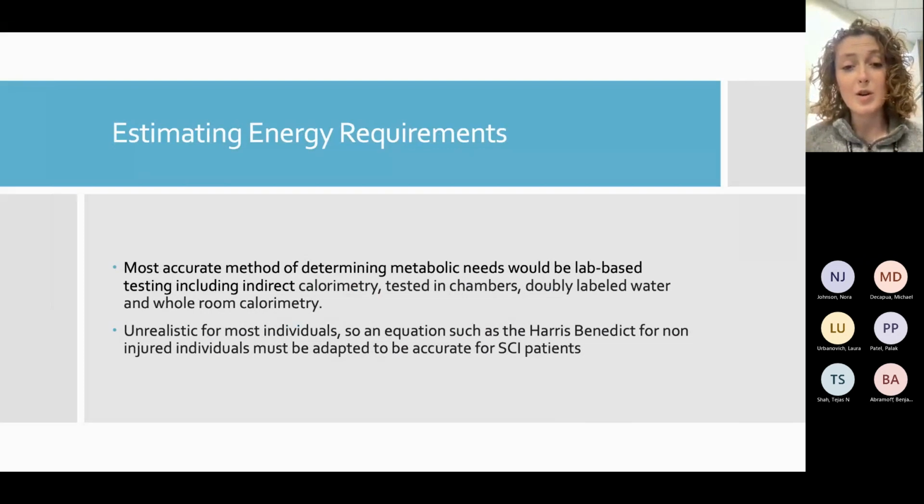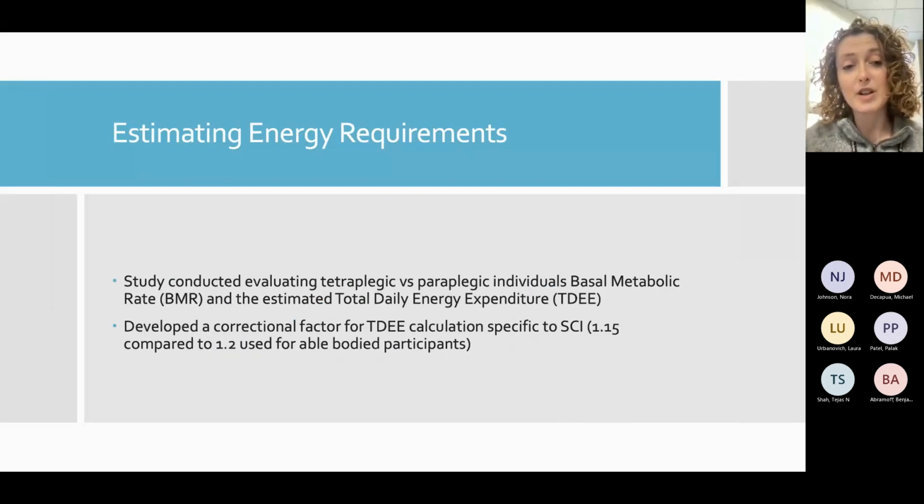So for those that don't have any kind of injury, we've adapted this equation called the Harris-Benedict equation that can give us a fairly rough estimate of what they should be consuming within a day to maintain energy balance. However, this obviously is going to be largely inaccurate for individuals that have an injury. So what we need to do is create an equation that would better estimate the energy needs for those that